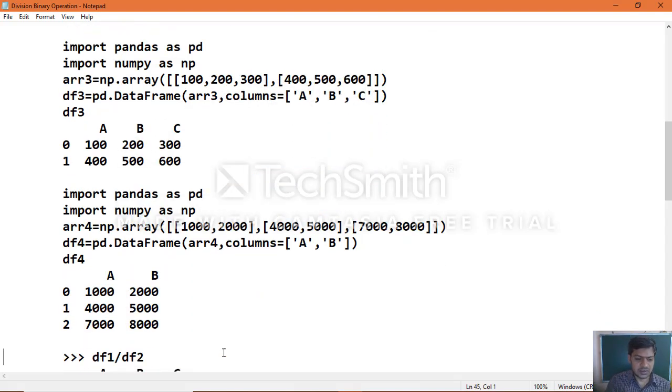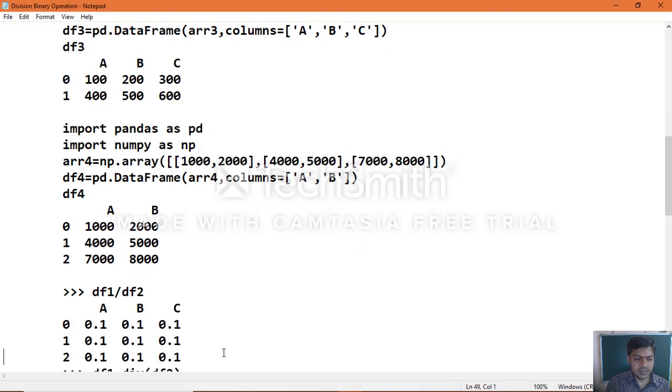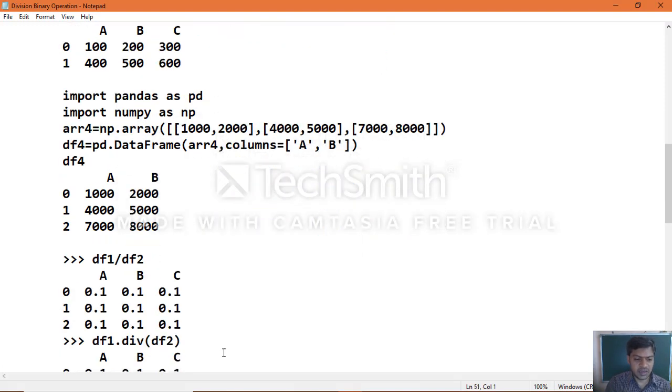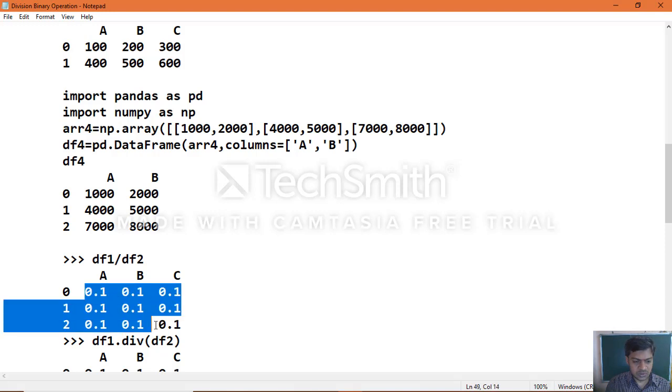Once you have done that, you can perform the division operation between any two objects, as df1 divided by df2, and you will get the output after the calculation of division.